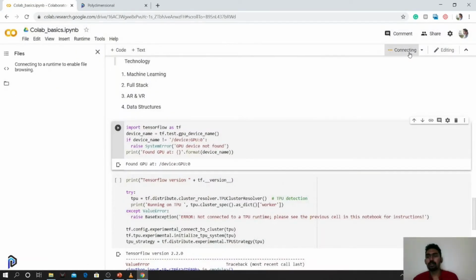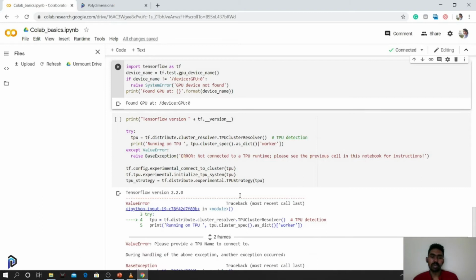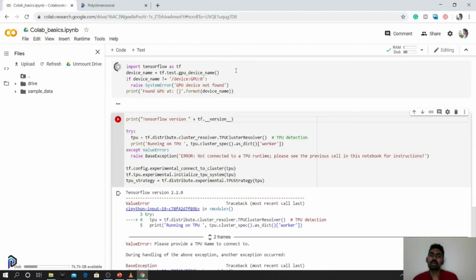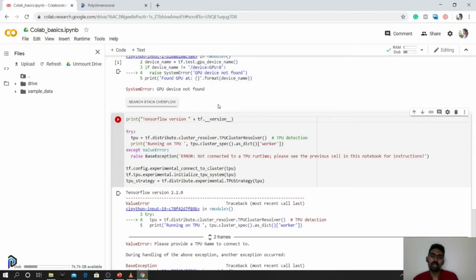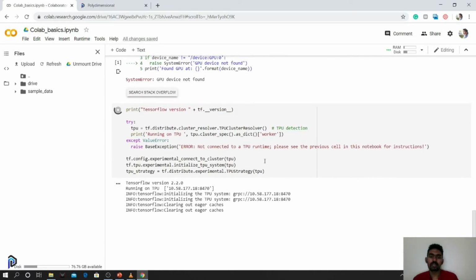Again, we are going to be allocated to a new TPU machine, so all the data should be lost and we are initialized to a TPU machine. The mounting of the drive happens by itself once you are mounted. We have connected. This comes with 107 GB of disk storage and the RAM is similar. If I run the GPU command now, it should result in no GPU device found because we are running on a TPU device. This one should result in a TPU. Yes, it has a TPU. We got TPU access right now.